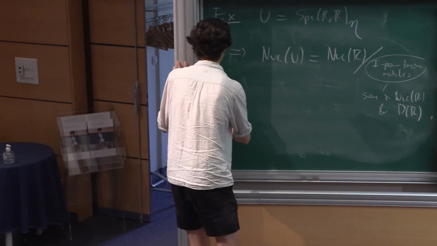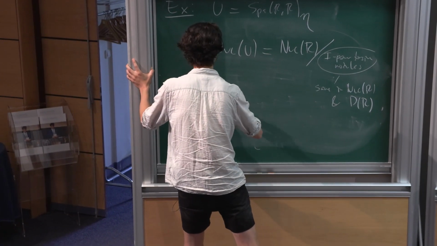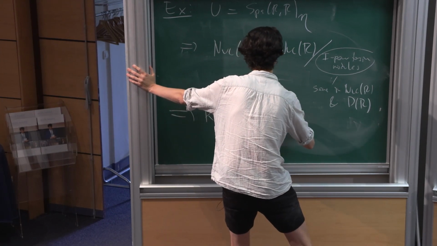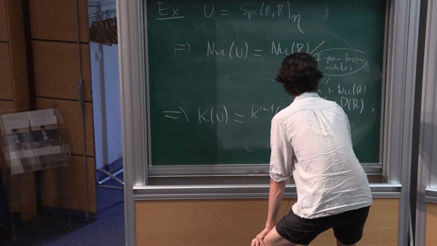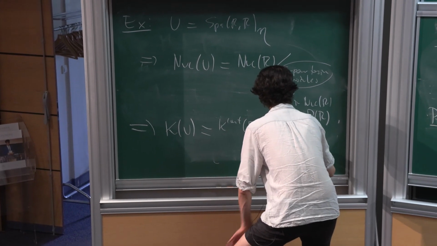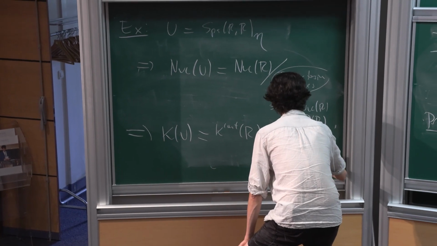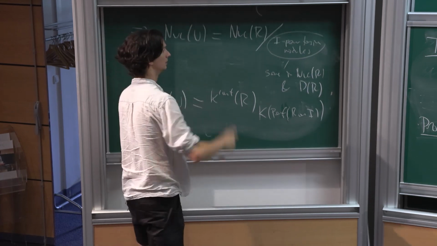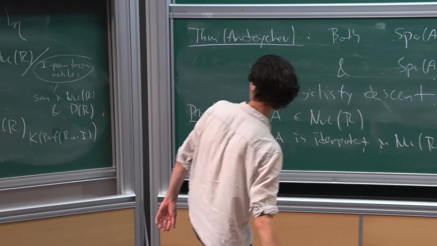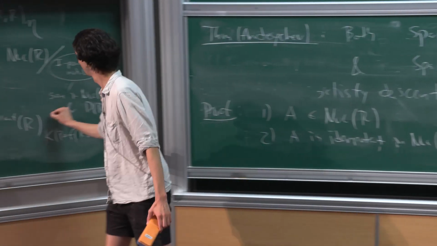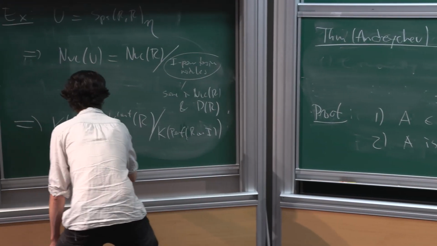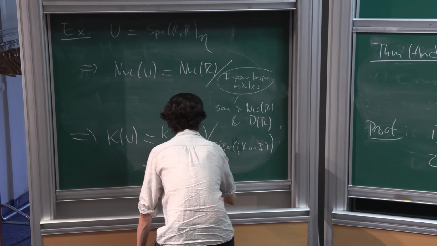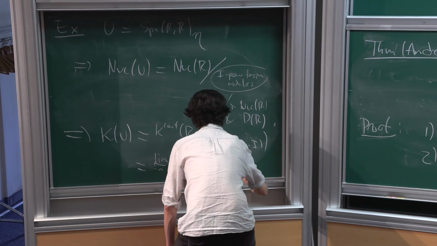And the conclusion is that K theory of U is the same thing as this continuous K theory of R, modulo the usual K theory of perf R on I. Modulo, which by Sasha's result is the inverse limit over n of K theory of R mod I to the n modulo K theory of perf R on I.